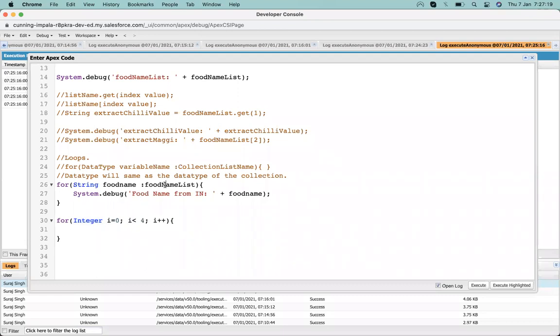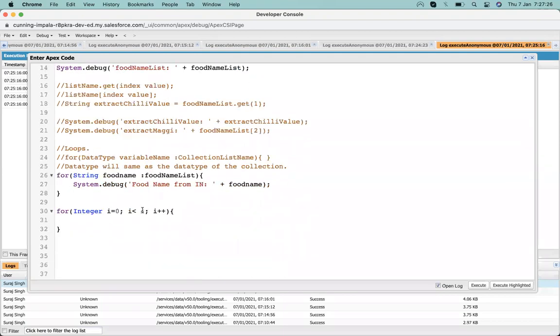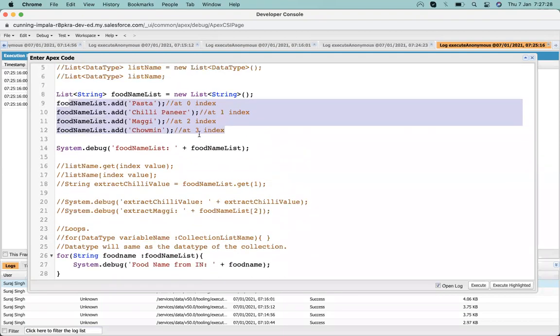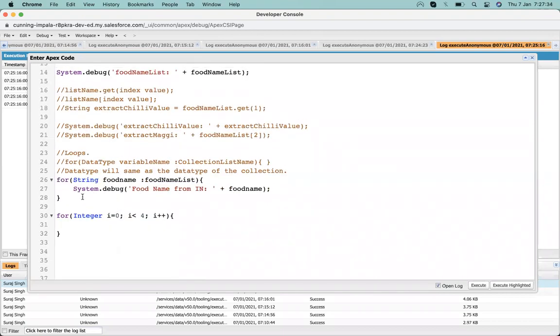Here, since we know that it has four elements, I write four. Suppose I don't know the size of that list, so I don't know how to print. Let's print the value so that it is quite clear: food name from a normal list.